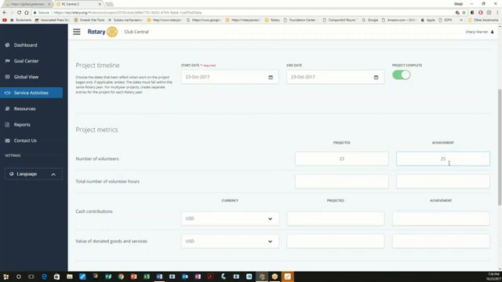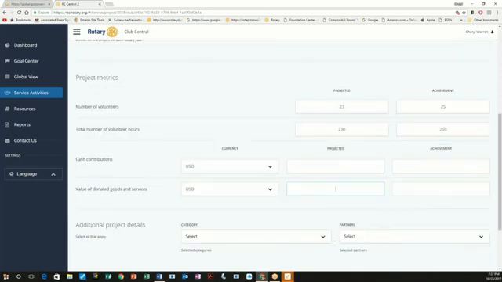You enter it right next to it. Volunteer hours. So if all of you volunteered 1 hour, and I had 23 of you, that's 230 hours, or 250 as achieved. If you had cash contributions, you put it here in projected and what you achieved, and same for value of donated goods and services.